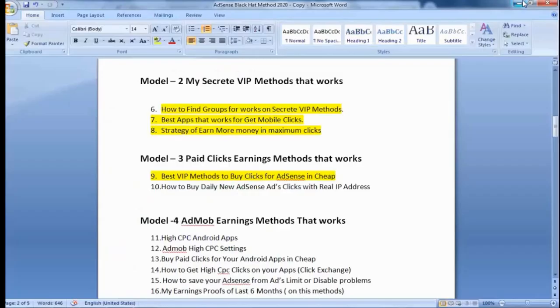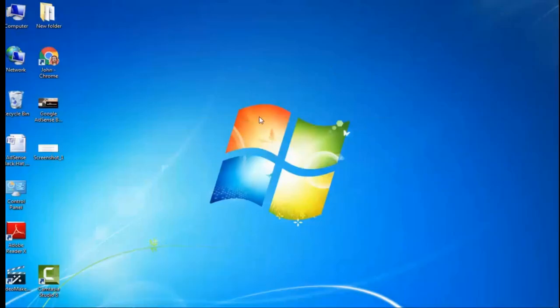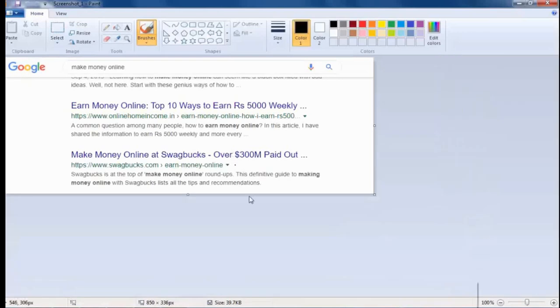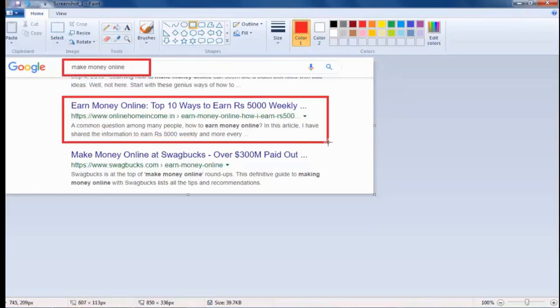After that, I will close all, and I open this screenshot in MS Paint. I will select this one, and here select red color and show this keyword, and you need to go to this website. Okay, this keyword you need to search and go to this website.